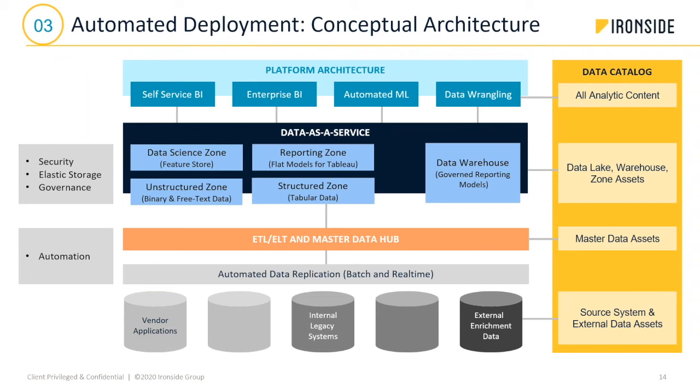The important difference is that in addition to the data warehouse on the right, you have all of these different zones. You have the unstructured zone in the lower left, which is really the pure data lake. But you might have, okay, I'm going to put some features in for the data scientists. I'm going to put in some tabular data for people who need a little bit more structure. I'm going to put in some flat models for certain types of analytic users. So you are creating and maintaining all of those zones and letting people manipulate and use the data that you want. That creates the need for additional security.